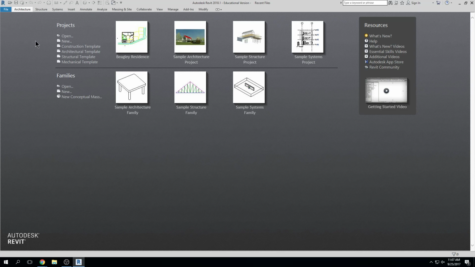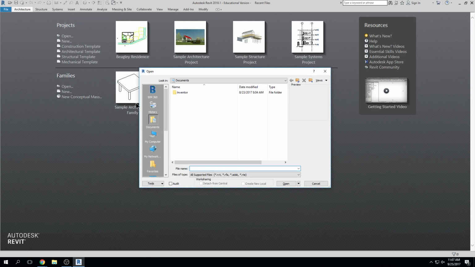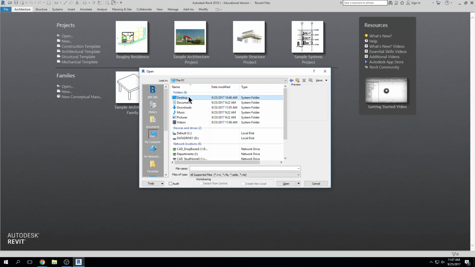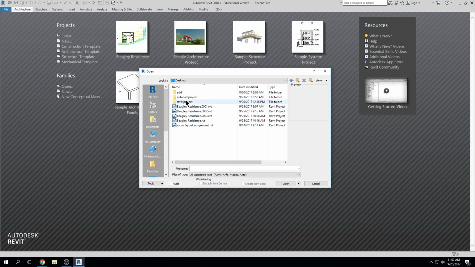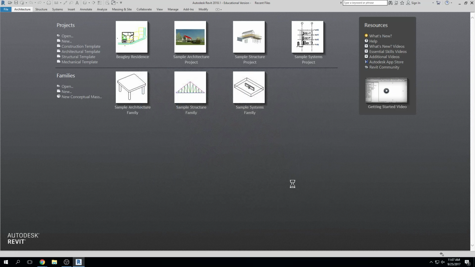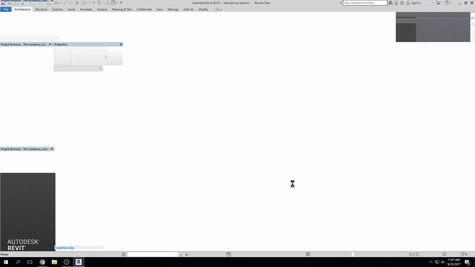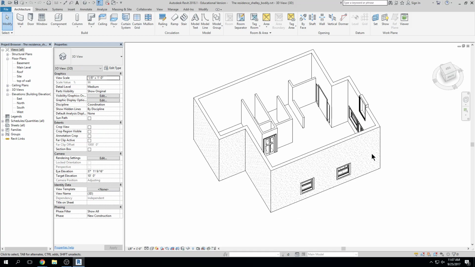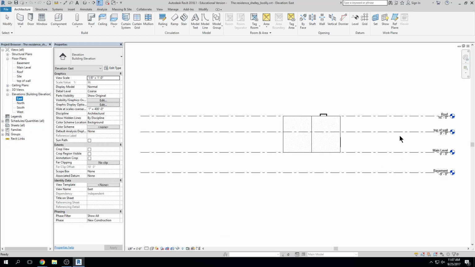All right, let me go to my desktop here, this PC. All right, so here is our little residence. So far, we have our walls generated, we have upper level walls, we have lower level walls, we have doors, we have windows, right? If we look in our elevation views, we have